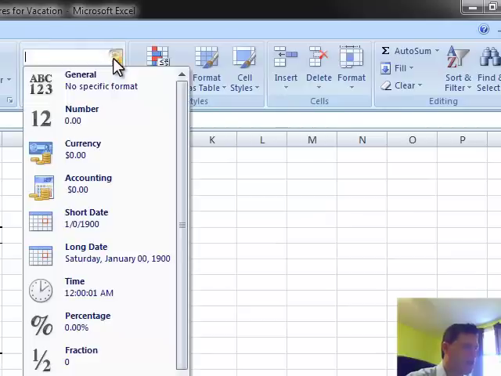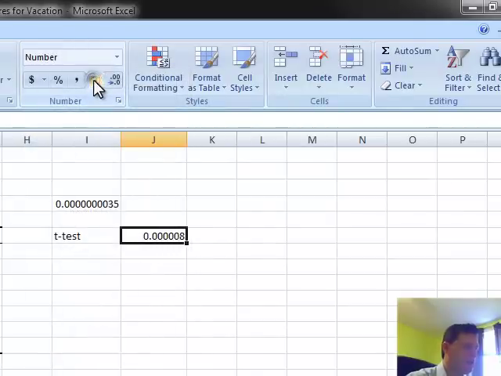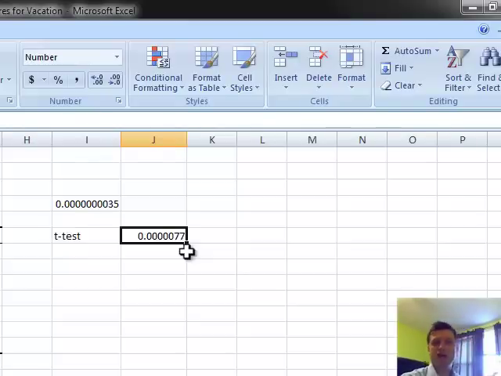Again, this is in scientific notation, change that to number, right? Increase number of decimals, and this is the t-test. This is smaller than 0.05. You reject the null hypothesis, accept the alternative hypothesis, and you say that we have enough evidence to show that there is a significant difference between the low temperatures in Cancun and Punta Cana. So that's that. Let's do now the paired samples t-test, or